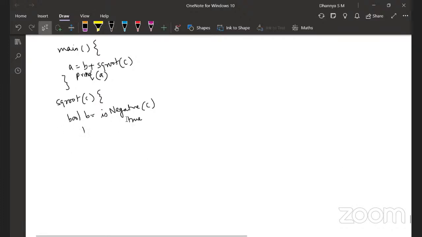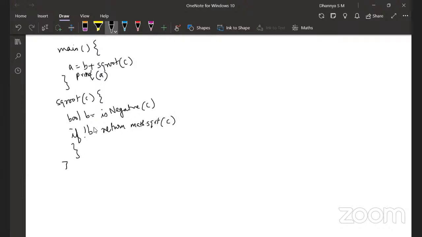It's negative, so the square root is complex. So if not Boolean, return. I'm writing math dot square root because you know that's how it's done in Python, right?